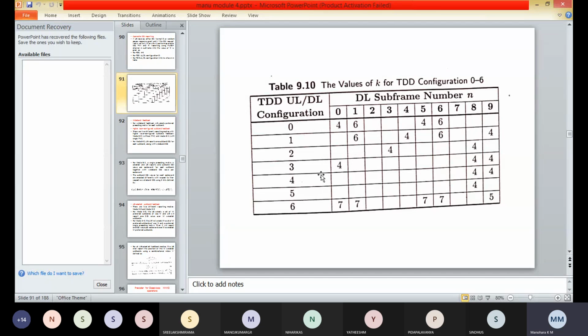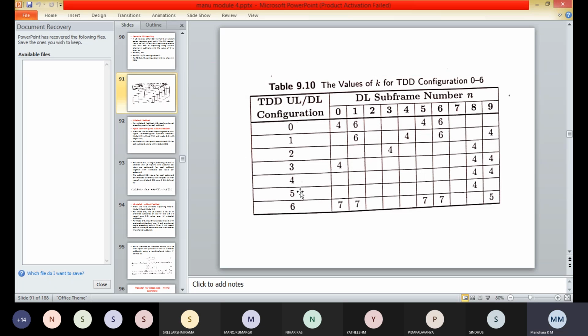Here, if the most significant bit, that is MSB, of the uplink index is set to 1 and the least significant bit, that is LSB, is set to 0 or 1, then the K value is given as in this table.